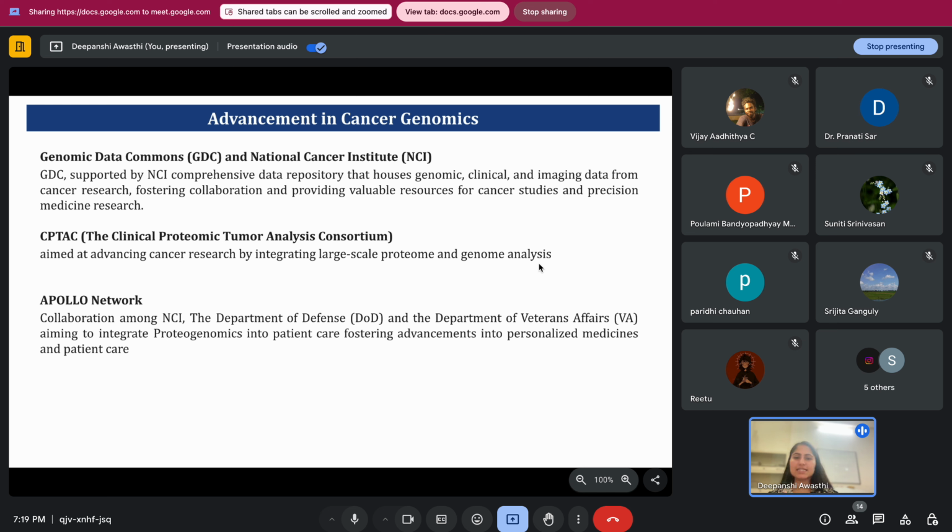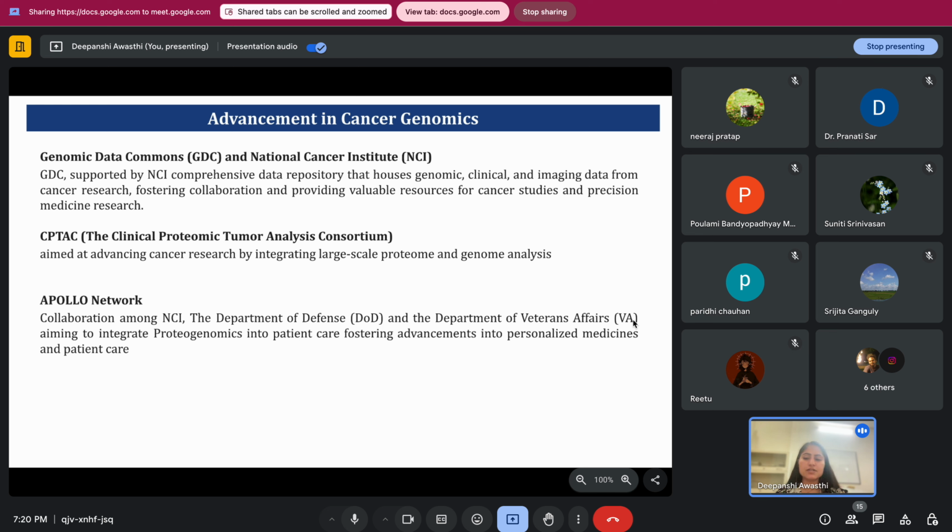So now data is present, analysis is present, in different places. These are doing collaboration. These are combining all that information at a single place so that it is better to analyze. And then there is the Apollo Network, which is the collaboration among the National Cancer Institute, Department of Defense, and